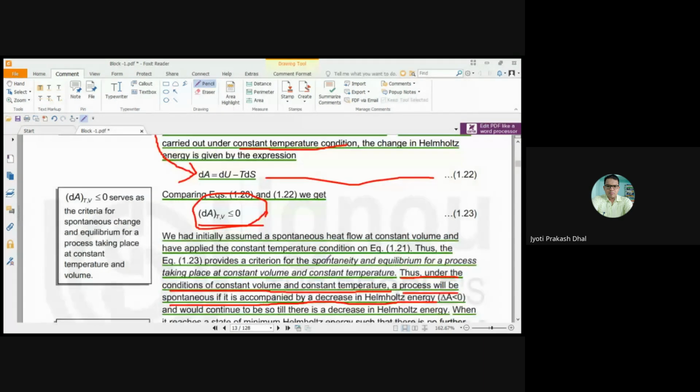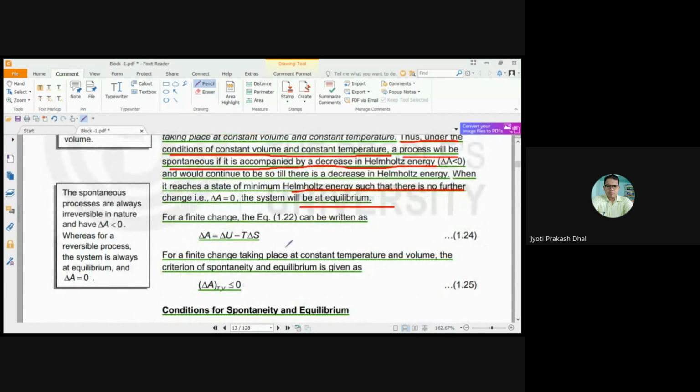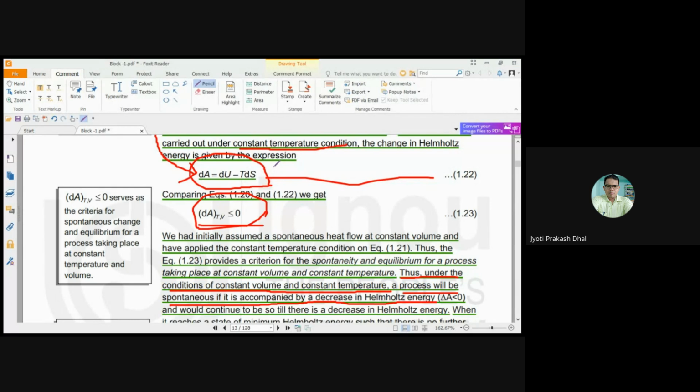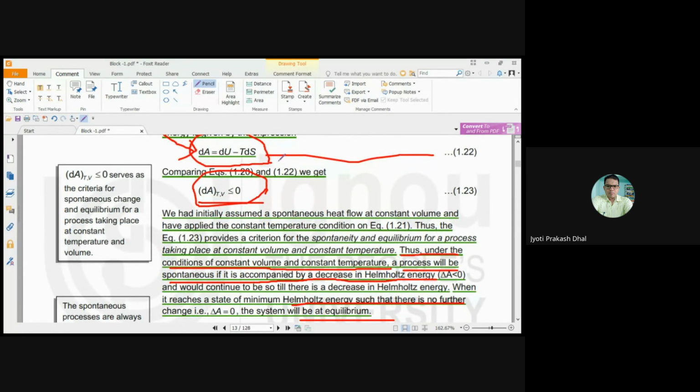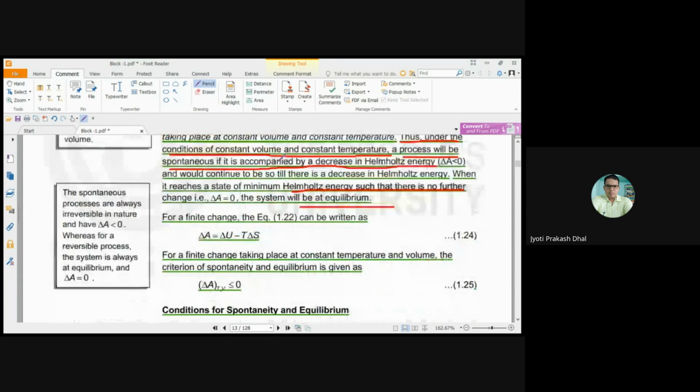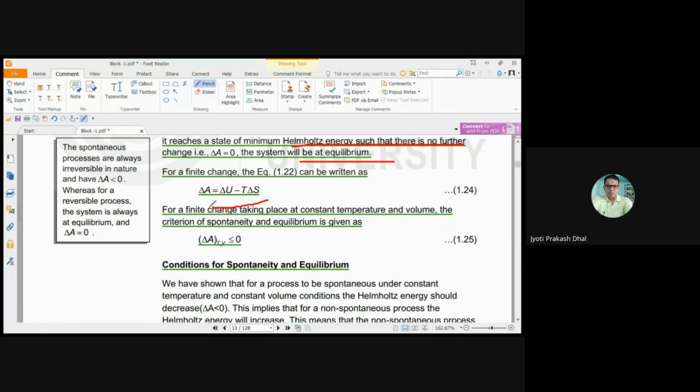And again, we will move to equation 1.22, that is dA equals dU minus TdS. If there is an infinitesimal change, we can use the differential term d. But if there is a finite change, we can use the del term. So the equation 1.22, dA equals dU minus TdS, can be changed into del A equals